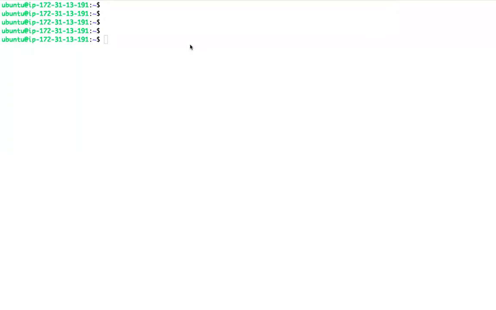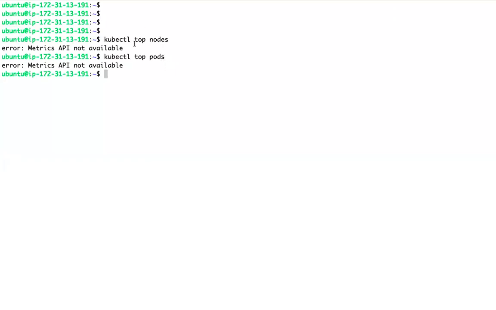Similarly, in Kubernetes you have a kubectl command, kubectl top. kubectl top nodes, kubectl top pods, shows the pod or container metrics. If you see, we are getting a message: metrics API not available. By default, we don't have that metrics API component, which will talk to the API server and gather the metrics.